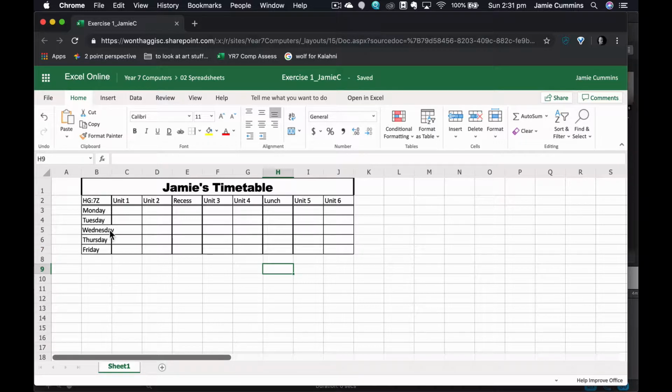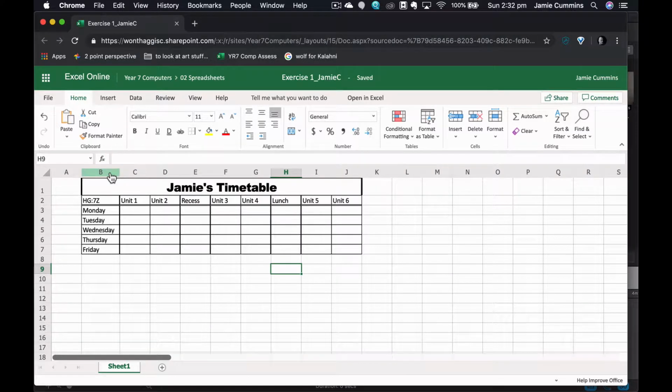So you can see here Wednesday is going over the edge of this column. The quickest and easiest way for me is if I hover over the top of my columns, in this case between the B and the C, you'll notice that my mouse changes to this line. If I double click on this, you'll notice that it automatically changes the width of my column to suit the